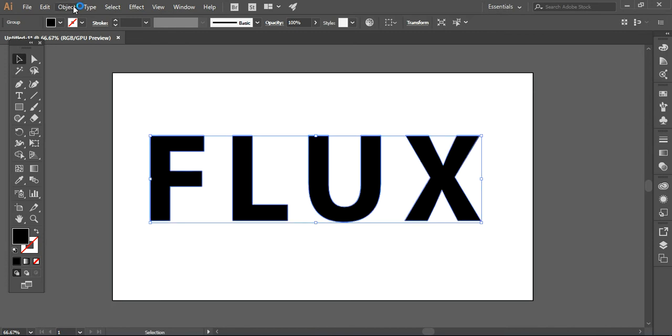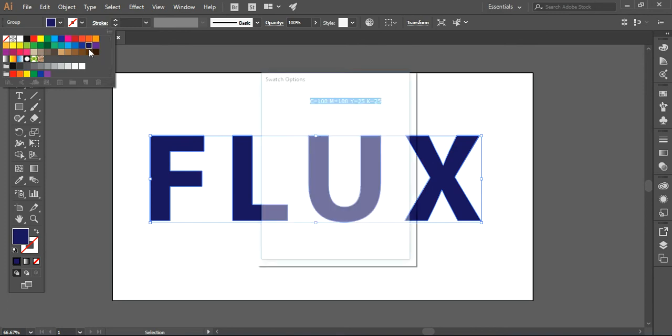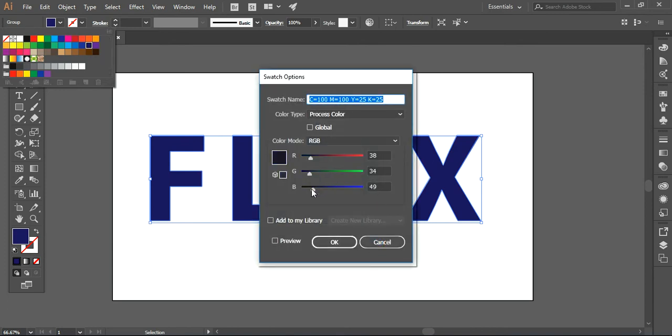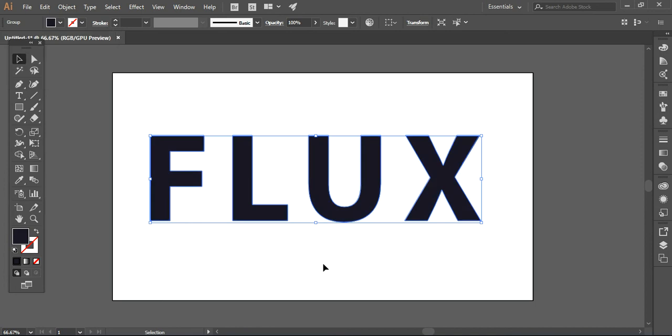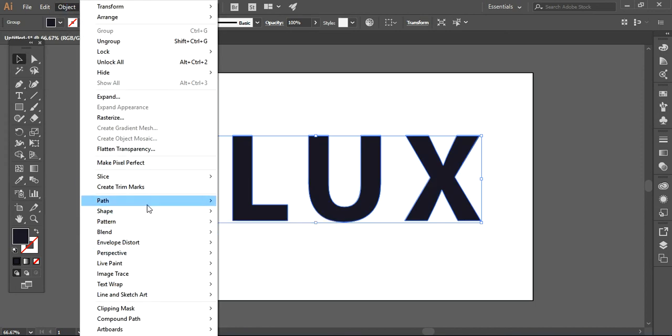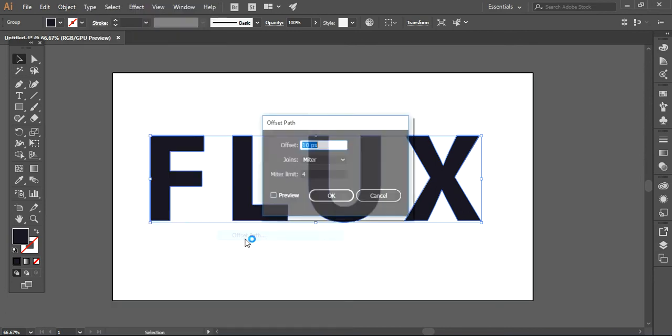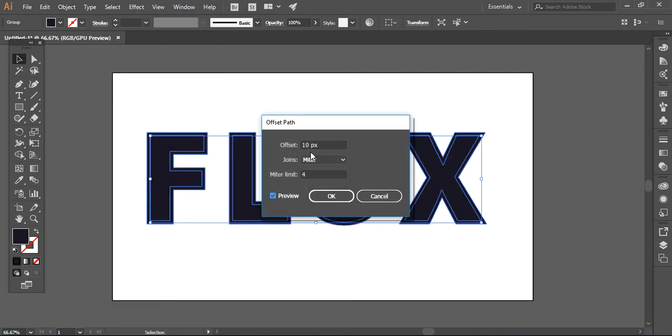And now after this, I want to change the color to navy blue. So here I'm going into the navy blue option, and you can see how it's looking. Now after that, I will go into Object, Path, and here I'm choosing Offset Path. You can turn on the preview mode so you can look around. I want to create the inside